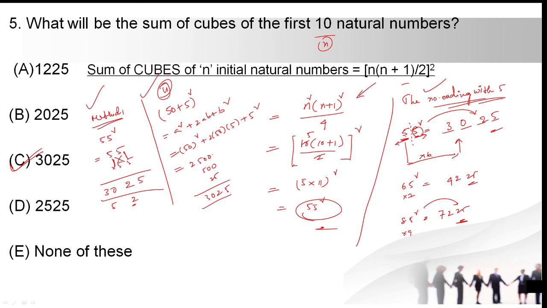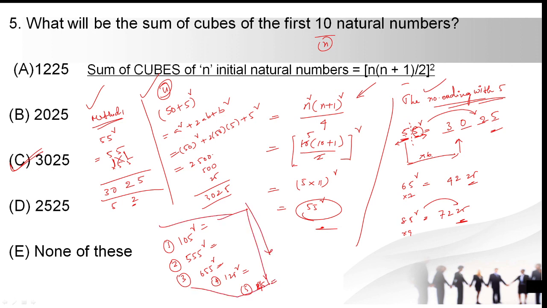Okay, I have given one question already. I'm giving you a few more questions. That is finding the squares of 105, 555, and 65. I'm giving you 5 numbers, that is 125 square and 60 already given, 45 square. You need to tell me the answers for these 5. In the next class I'm going to discuss these 5 questions also. Okay, thank you.